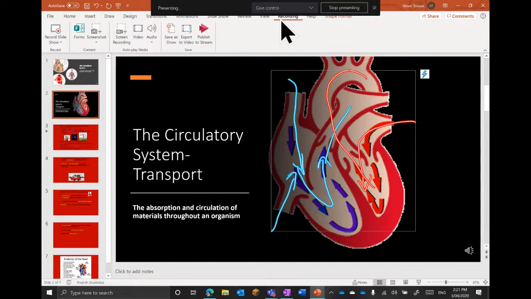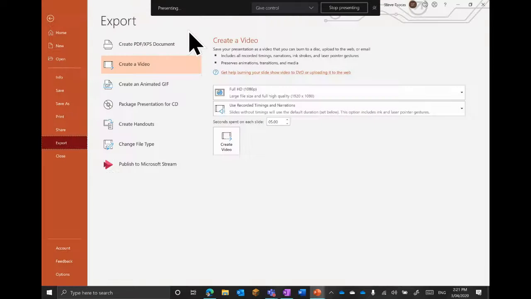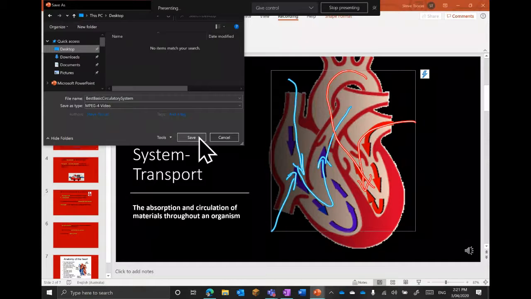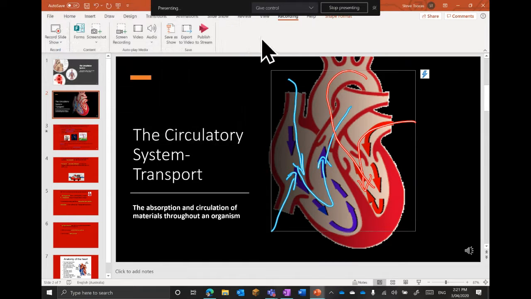So again, looking at the recording tab, we export the video and it'll prompt you to say, all right, video size 1080, record timings, and I'm just going to leave all of them as default and click on create video. Okay, and then I'll paste that somewhere where I can grab access to it. So you can then say that, and the finished product becomes an MP4, complete with narrations and annotations as was previewed